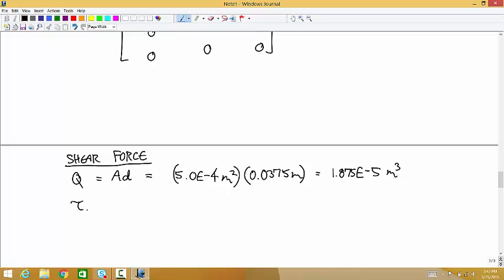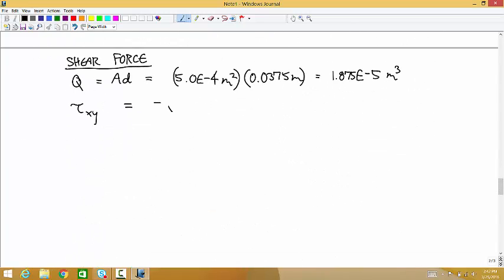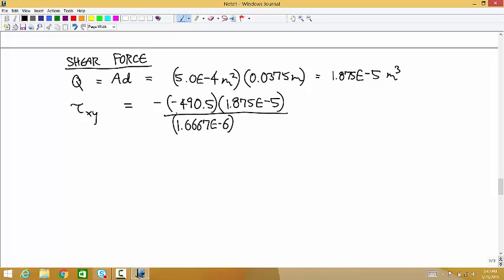Okay, so the shear stress, the XY shear stress, is equal to negative V. Our V is negative 490.5, times Q, so 1.875 times 10 to the minus 5, divided by I. What was that? 1.6667 times 10 to the minus 6, times the width of the base, so that's 0.02. And what do you get from that? 235,906